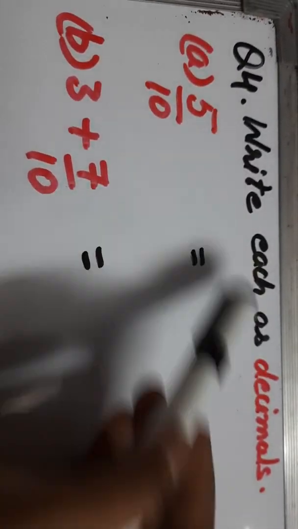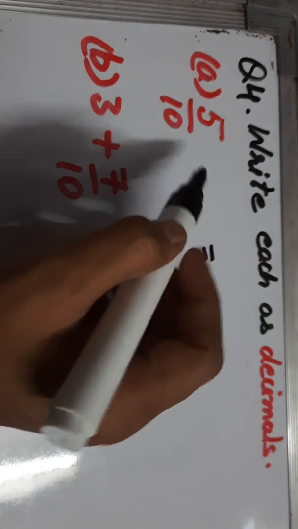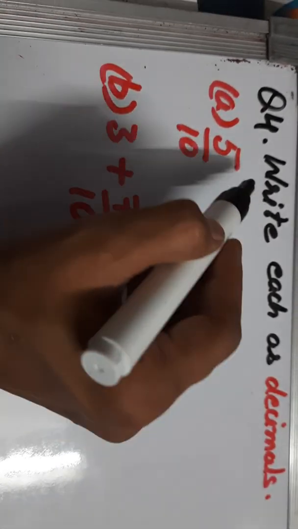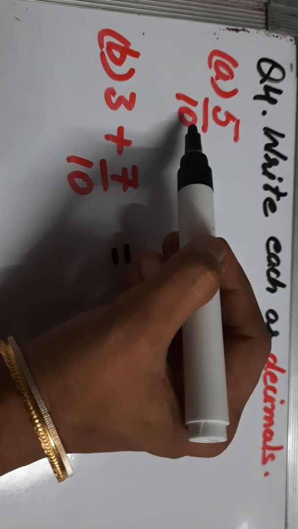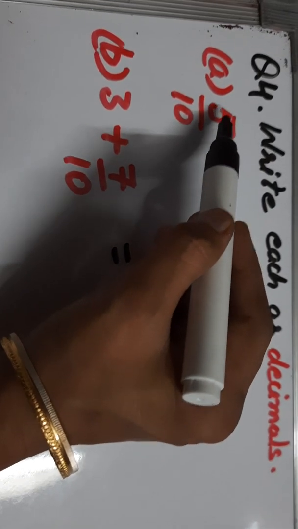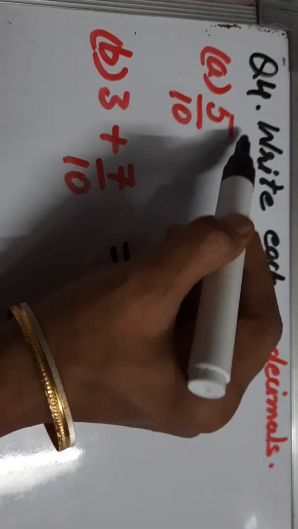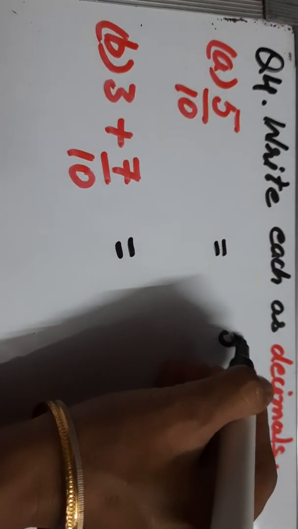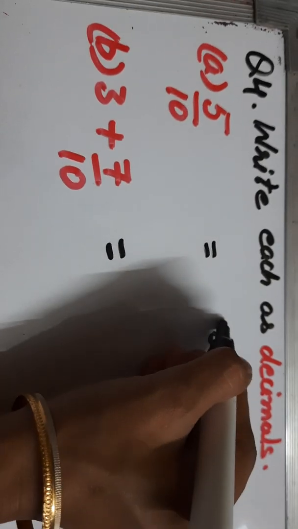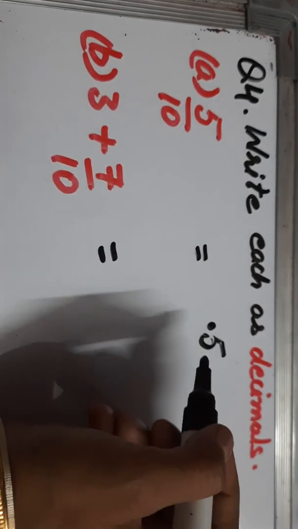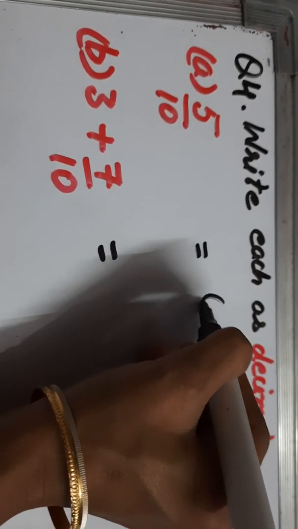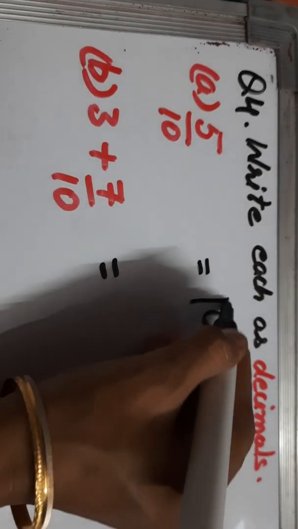We have to convert them into decimals. So the first part is 5 by 10. We know as 10 is there in the denominator, that means this is a decimal part. No whole number part is there. For this 10, as it carries only one 0, we will place a decimal leaving one digit, and which is that digit? 5. One digit is done, and then place a decimal. We will take only one digit after the decimal because a single 0 is there in the denominator. So this is 0.5. Here I'll write 0.5. So this is the answer.